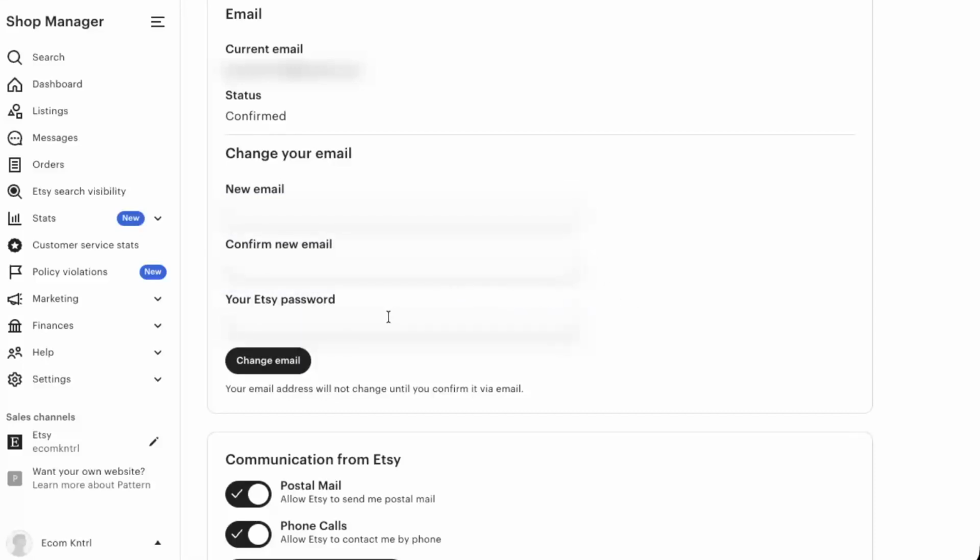Click into the Confirm field and type the exact same email address again. This double entry step is there to help catch any typing mistakes. Once both fields are filled in and you've checked them, look for the button that says Change Email. Click on Change Email to save your new address. Etsy may send a confirmation link to the new email, so be sure to open your inbox and verify the change if prompted. After that,